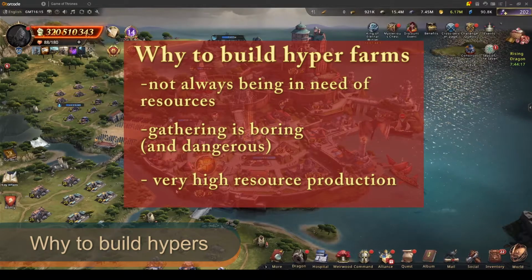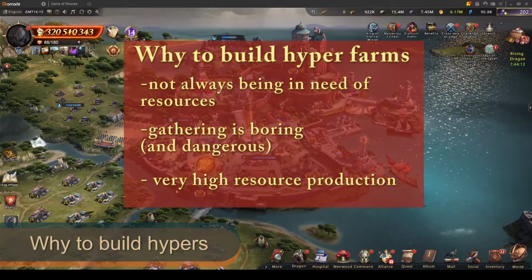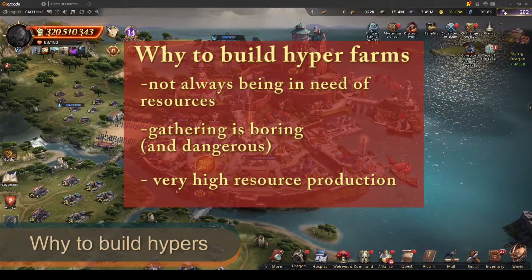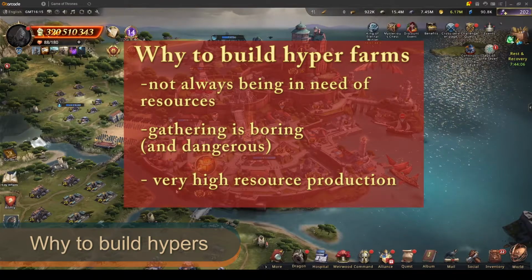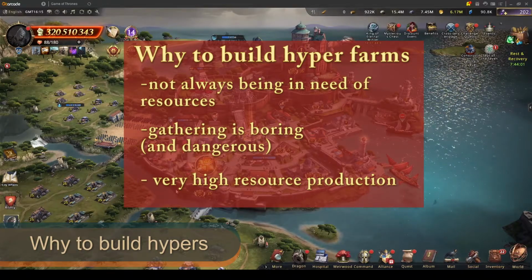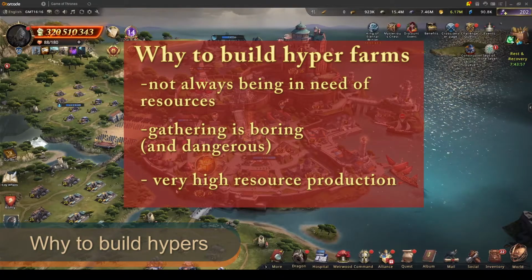Hypers are the accounts that someone has only for producing resources for his main account. An account that is built focusing on producing specific resources can really produce quite big amounts of the resource each day. This helps a lot to not need to gather, as first of all it's boring and it's also dangerous,